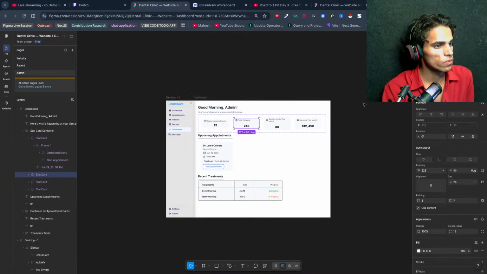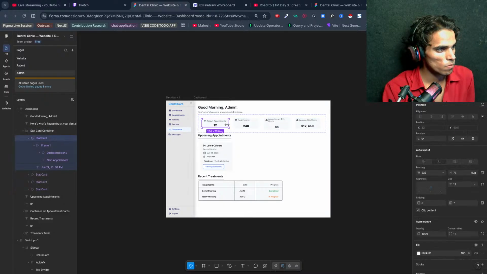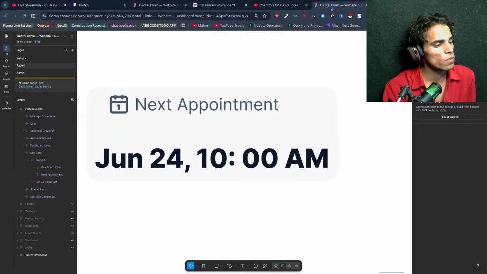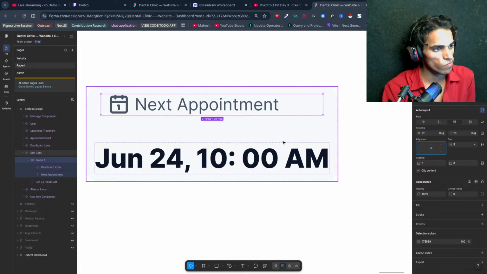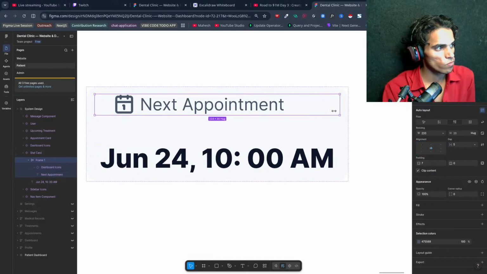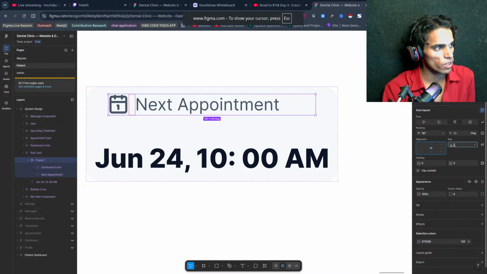Let's see now. I click this. Okay, so I want to remove this padding from here. Gap of 5 pixels, this is good.